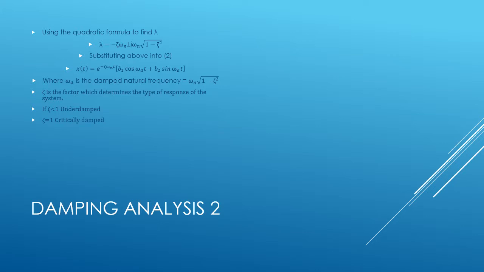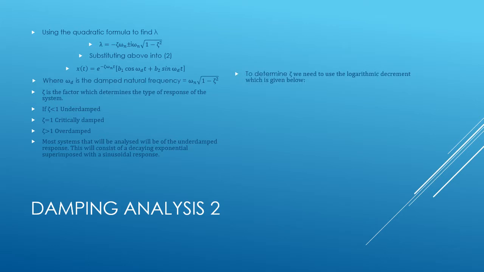So if zeta is less than 1, we've got an underdamped system, which is basically going to oscillate and decay. Then when we've got zeta equals 1, it's critically damped, so it's purely decaying quite quickly. And when zeta is greater than 1, we've got overdamped, which is purely decaying. In our analysis, we'll mostly be looking at the underdamped response, so that will have a decaying exponential part